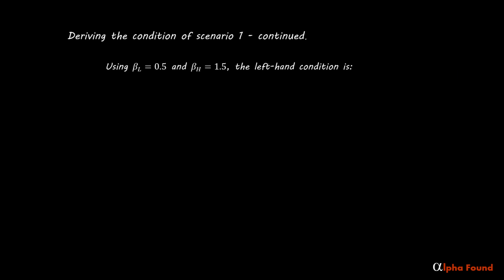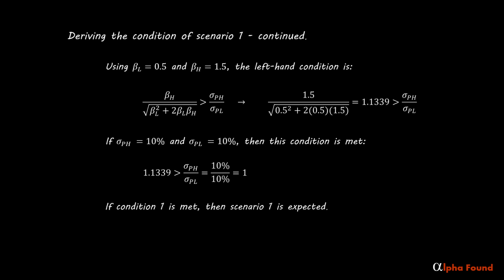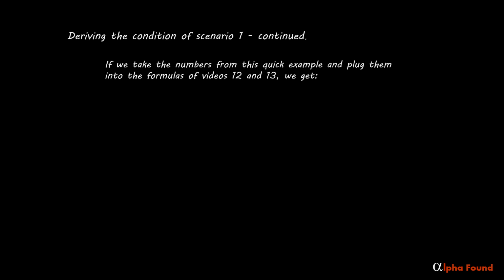Using the ideal betas from example 13.1, the left-hand condition is shown. As a numerical example, if the standard deviation of the high perturbation is 10% and the standard deviation of the low perturbation is also 10%, then this condition is met. If condition 1 is met, then scenario 1 is expected. If we take the numbers from this quick example and plug them into the formulas of videos 12 and 13, we get,